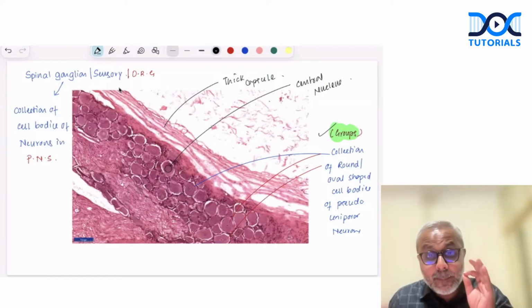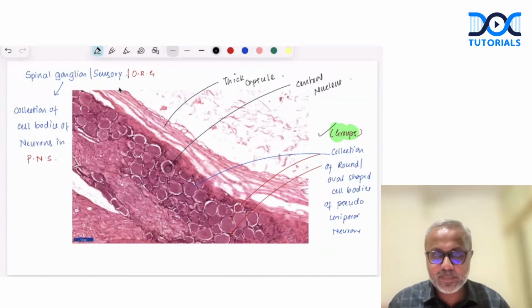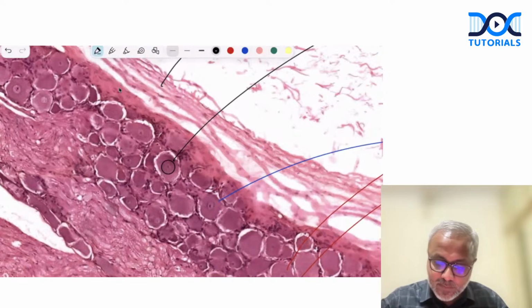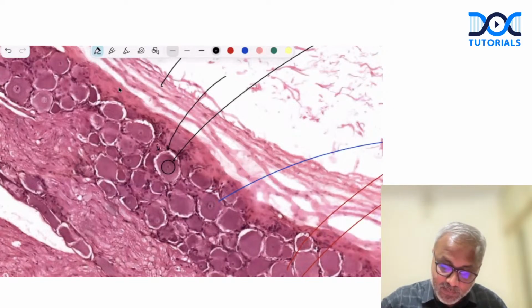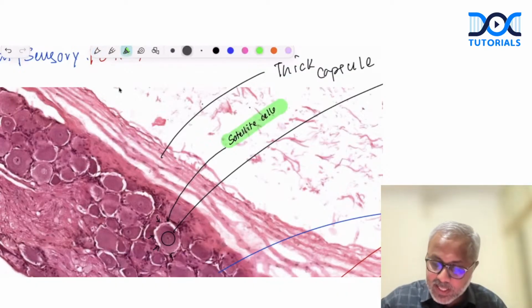We can see minimal fibers separating the cell bodies of the neurons, right? Then, if we closely observe, we can see a few cells here. This is one, this is one. All these cells that we see here, now these cells are what we call the satellite cells, right? Now, these satellite cells are found in plenty,